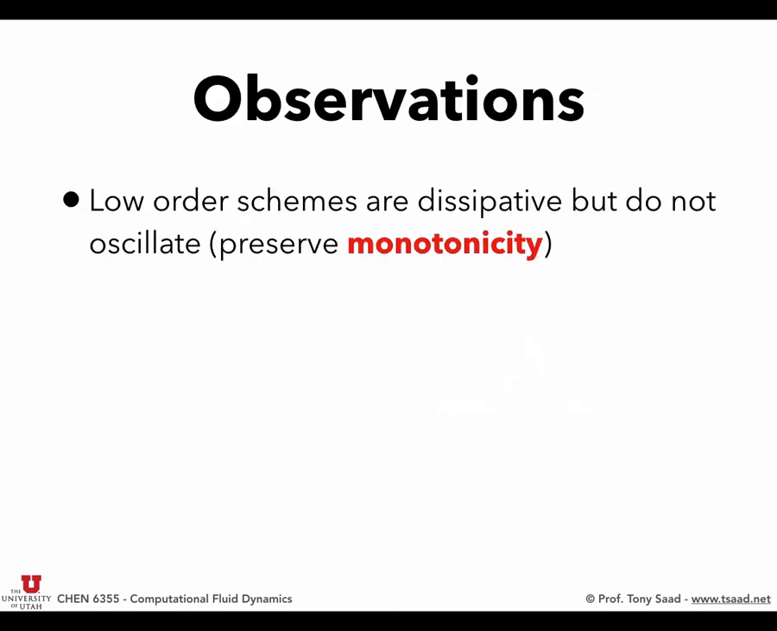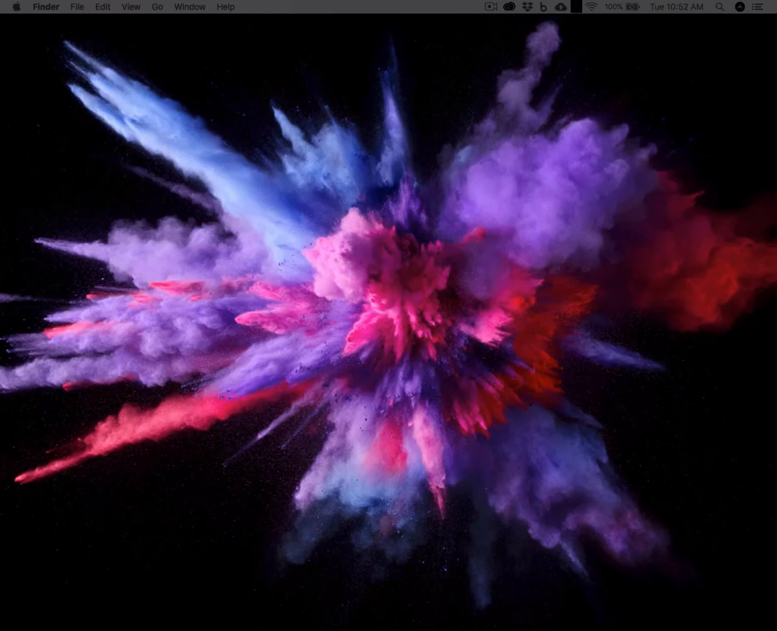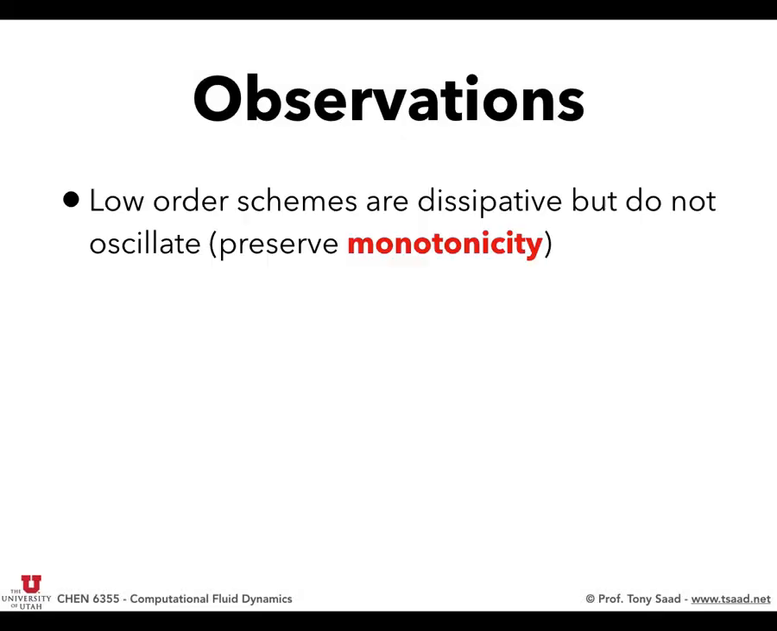And we went through a bunch of observations for monotonicity. We observed that low-order schemes, such as Upwind, are very diffusive, but they preserve monotonicity. They do not oscillate. But any high-order scheme is more accurate, but does not preserve monotonicity. And we talked about Godunov's theorem, which says